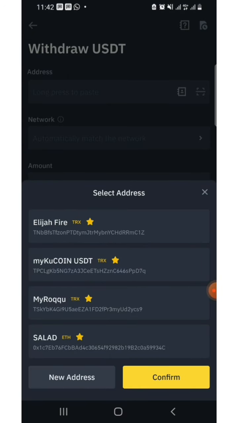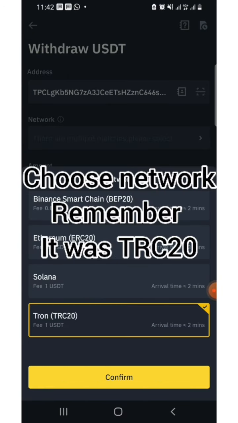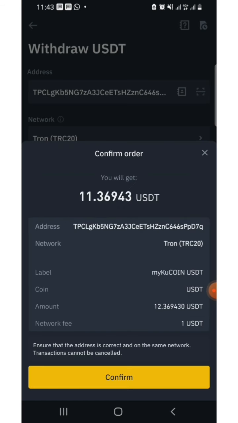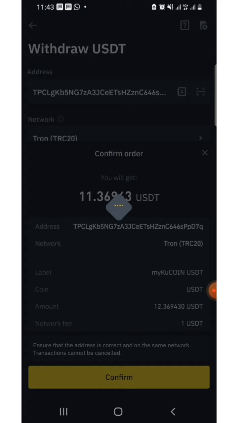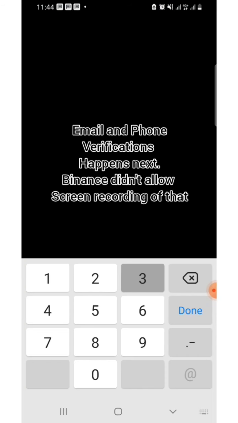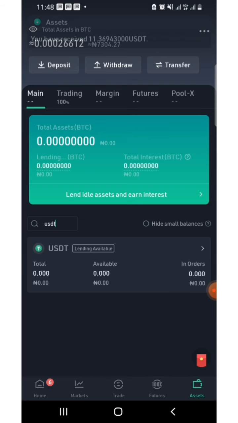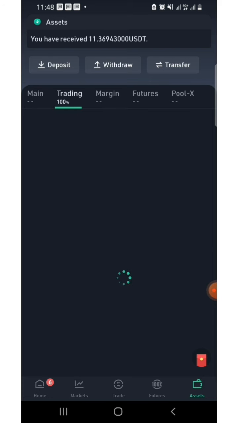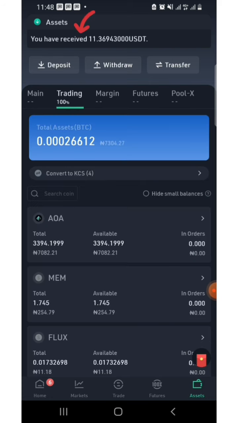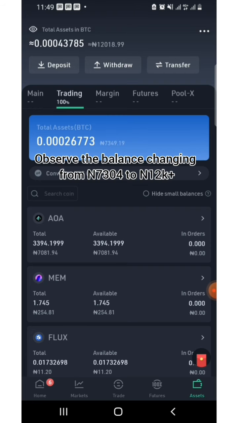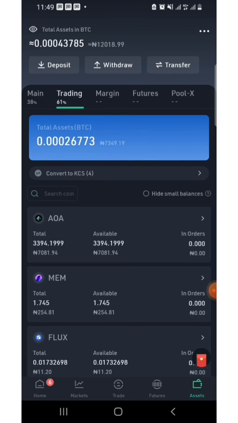I'm withdrawing it into my KuCoin wallet. I had already added my KuCoin wallet before now. So choose the network and confirm the transfer. $1 is the transaction fee, so $11 is coming in. I've submitted the transaction. Now I'm back to my KuCoin app. It says I have received 11.36 USDT, but I'm yet to see it reflecting on the balance